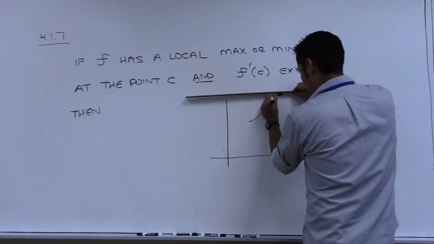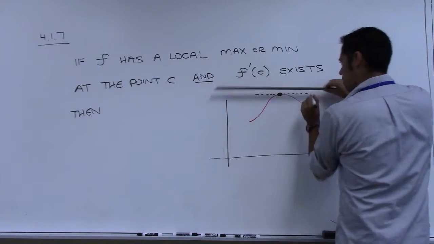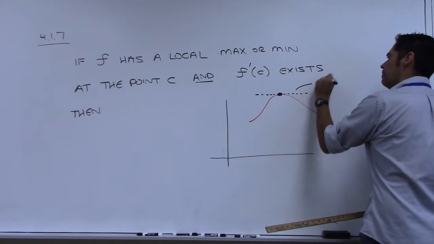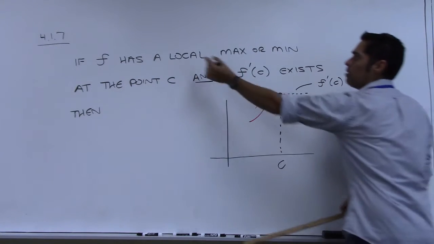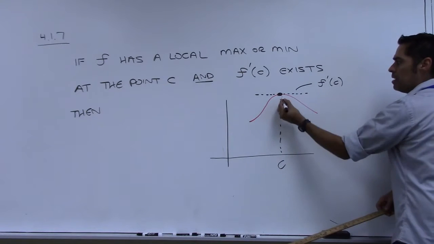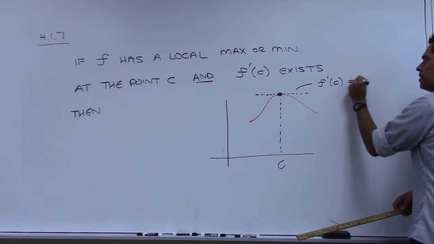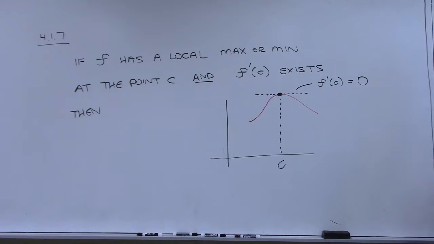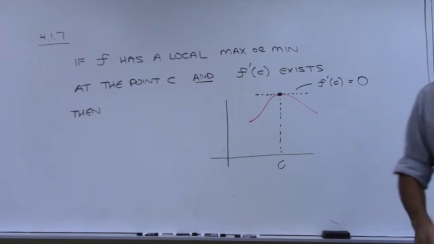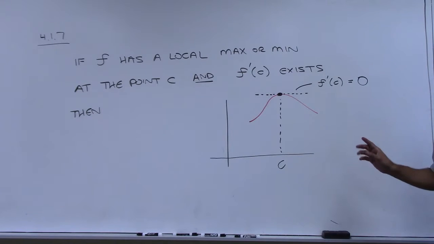This tangent line right here, f prime of c, c was where it happened, right? If you have a local maximum or minimum at the point c, then the derivative at that point must be 0. Does it make sense to you that this would be true? Yeah, that's what the theorem states. Now we have to be extremely careful with this theorem, all right? Because it can be abused, it can be used improperly. Let me show you something.